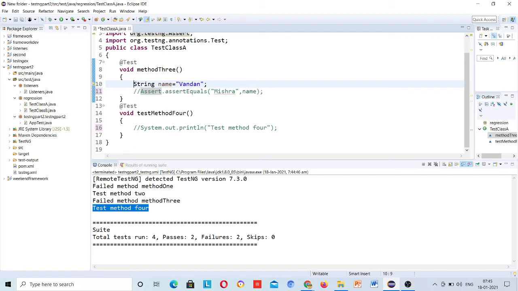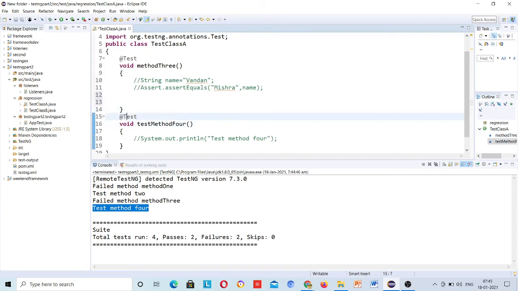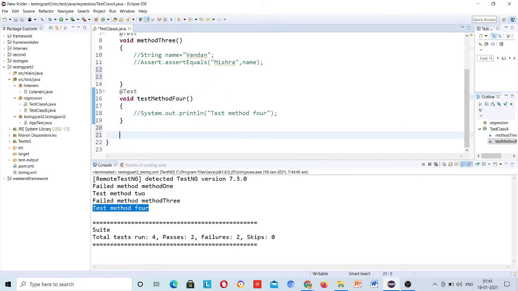I am commenting them out, not removing them, you can see them later. So here, instead of this test, I will use another method for implementing this data provider annotation. What does it actually help us with? It helps us to get the data.